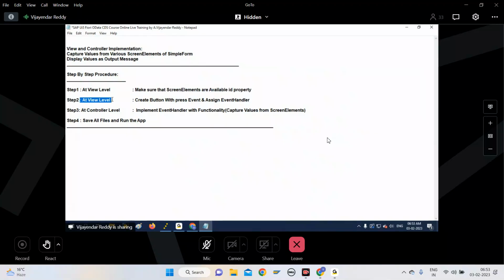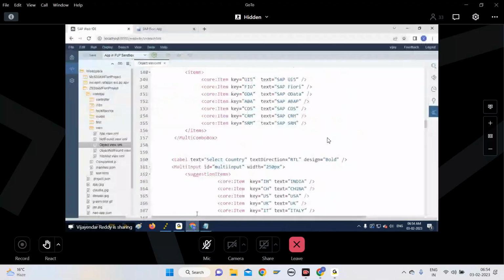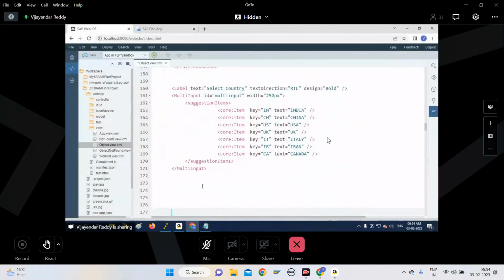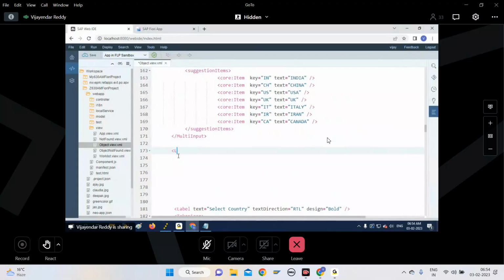Now, not only that, let me create one button with press event, and we'll try to assign one event handler here. We'll create a button. For button, press is a standard event, and we can assign event handler. So let me do that. For example, after multi input, I want to do it here. You can create one dummy label. After that, let me add one button. First time we are using button